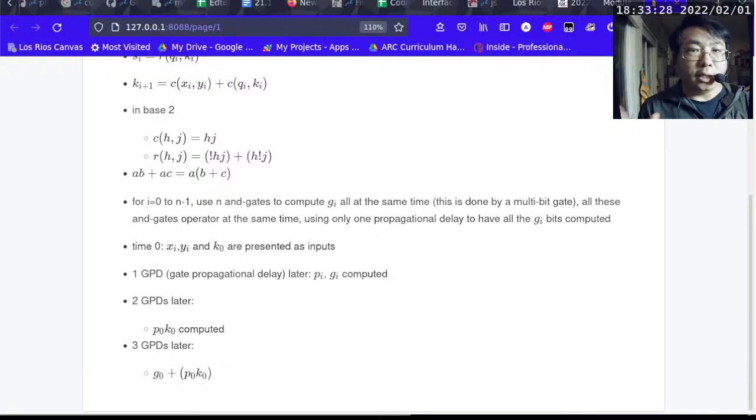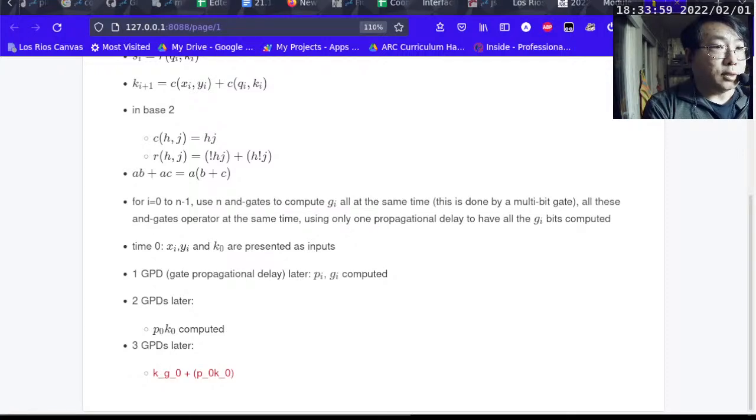All right, so is that okay? Does everybody understand how at time 0, we got all the inputs, and then at 1 GPD later, we got all the P and all the G bits computed. After 2 gate propagational delays, we got the conjunction of P0, K0 done, and then after 3 gate propagational delays, we finally get K of 1 done. So are we good here? And I'm just going to make this also extra clear that this is K of 1. So K of 1 is done within 3 gate propagational delays from the time that X, Y, and K0 are